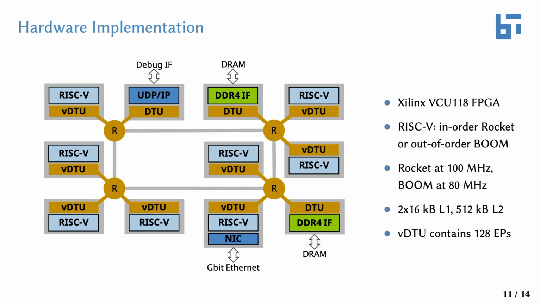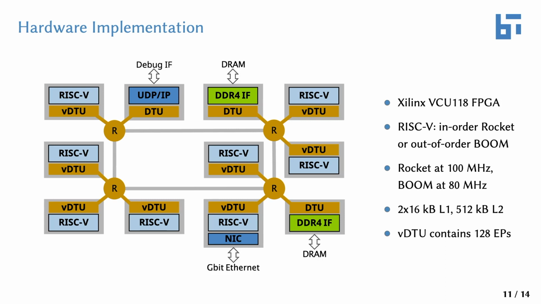We have the option to either have an in-order Rocket core or an out-of-order Boom core. The Rocket core is clocked at 100 MHz and the Boom core is clocked at 80 MHz, which was required to meet the timing constraints of the FPGA. In both cases, they have 2 × 16 kilobytes L1 cache and 512 kilobytes L2 cache, and the virtualized DTU